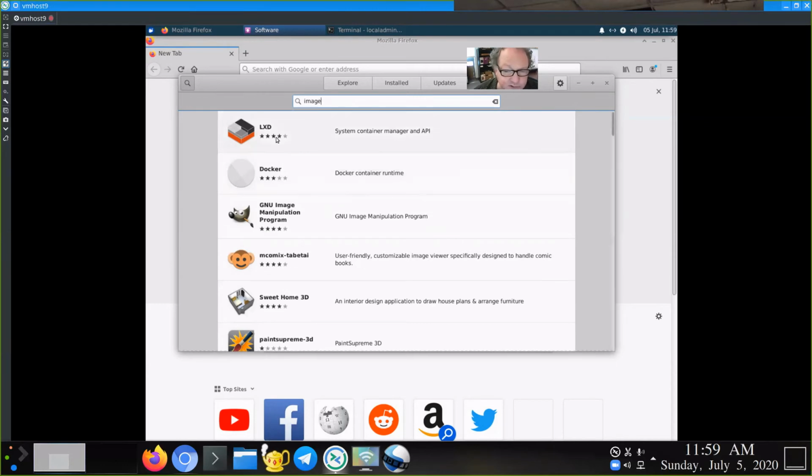Now search isn't too great. It doesn't know when I say image, what kind of thing are we talking about? A graphics image or a software image or what exactly? So we've got some strange looking results, but